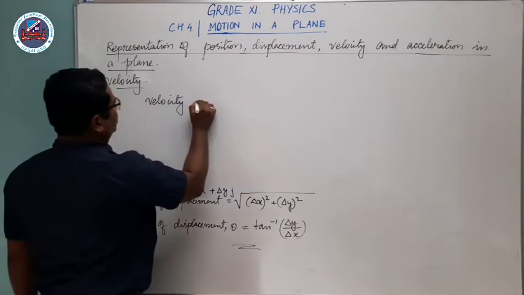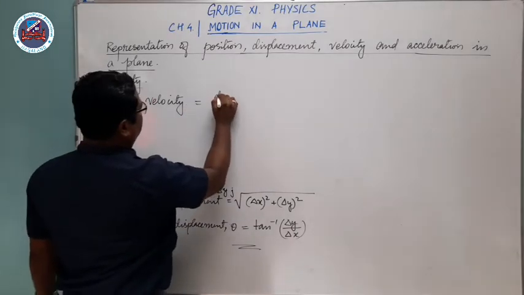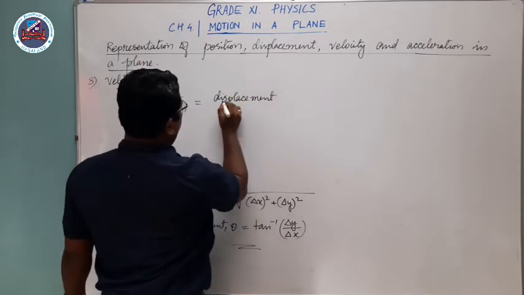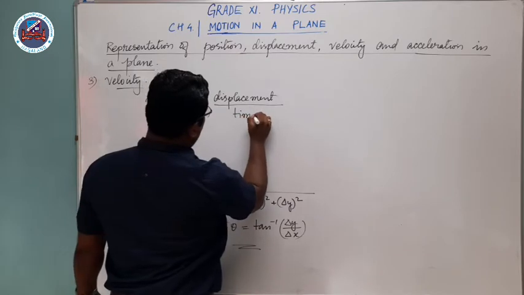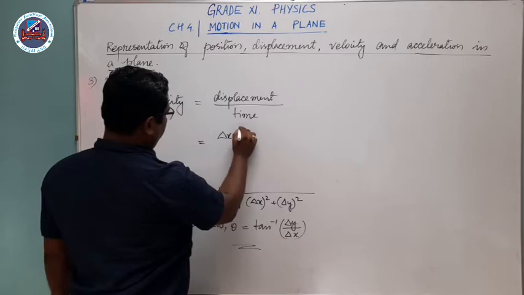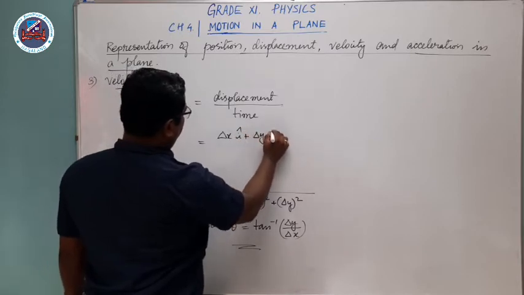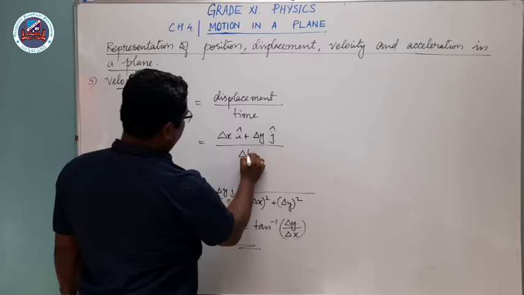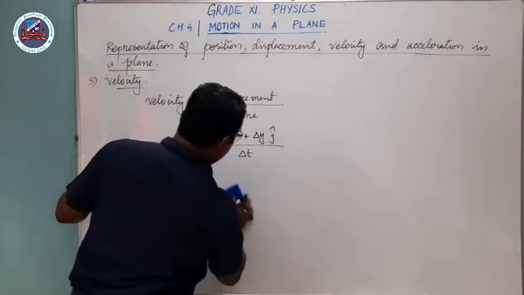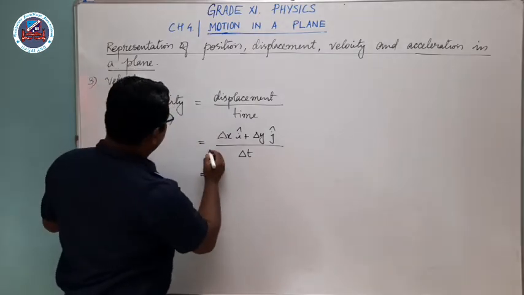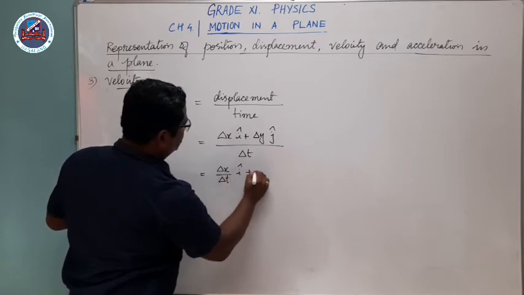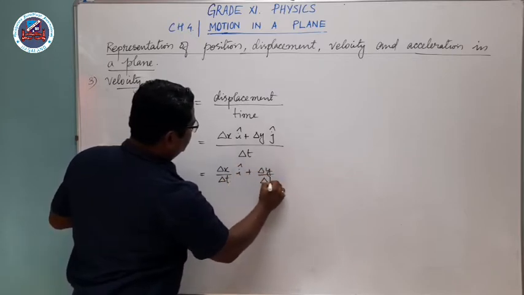Velocity is the change in displacement with respect to change in time. Displacement, just now you have written as delta x i cap plus delta y j cap. If you divide this displacement by the change in time, which we'll take as delta t, time being a scalar quantity, you can write this as delta x by delta t i cap plus delta y by delta t